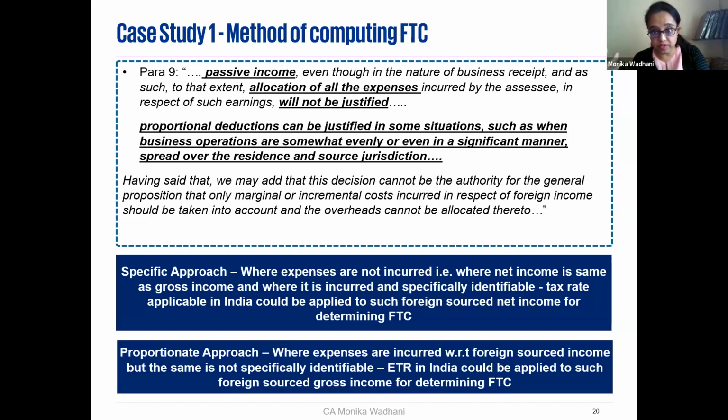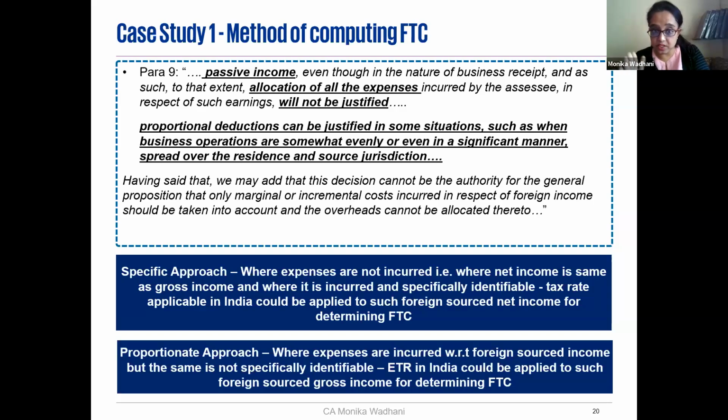And as per the language of the treaty, say you are offering income on the paid basis, and therefore when it comes to year 2, the receipts in your hands are 15%, which is say 15 rupees of 100, that is 15, and you really don't have any expenses in year 2 which are incurred towards that particular income. So in that case, the Ahmedabad Tribunal has held that proportional deductions can be justified in some situations,